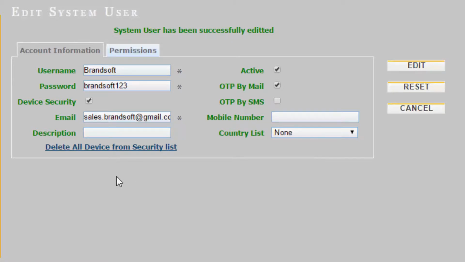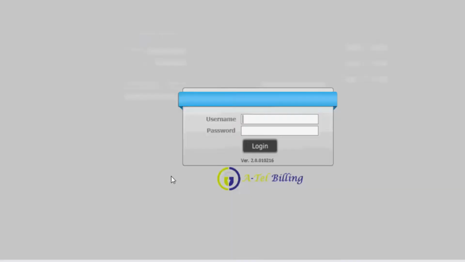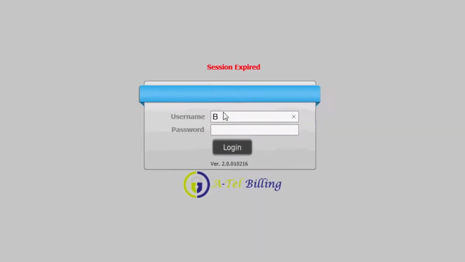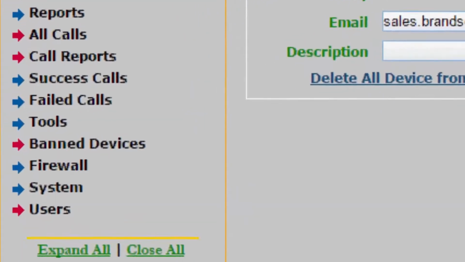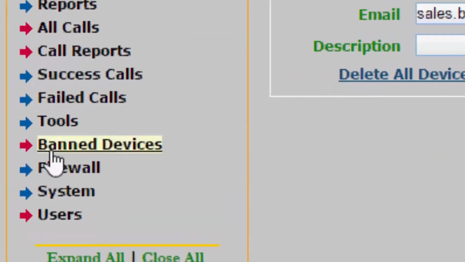For this, we want to use another browser to log in to Airtel billing. Here give username and password. We are seeing this device is not allowed. To allow this device, click the ban devices.